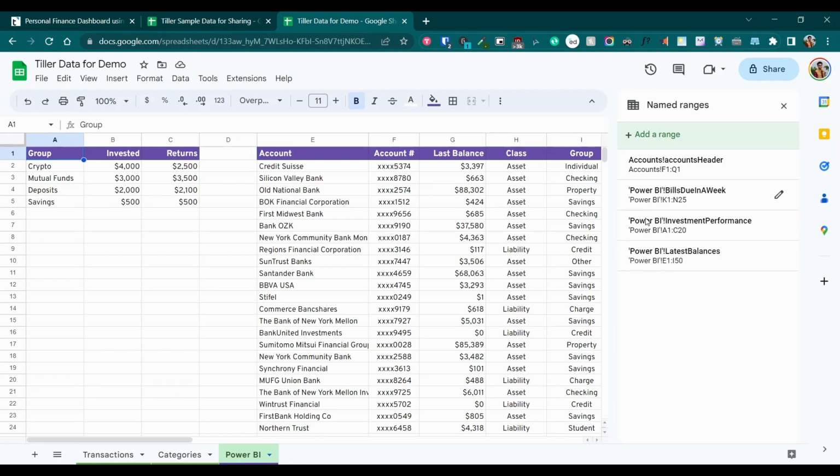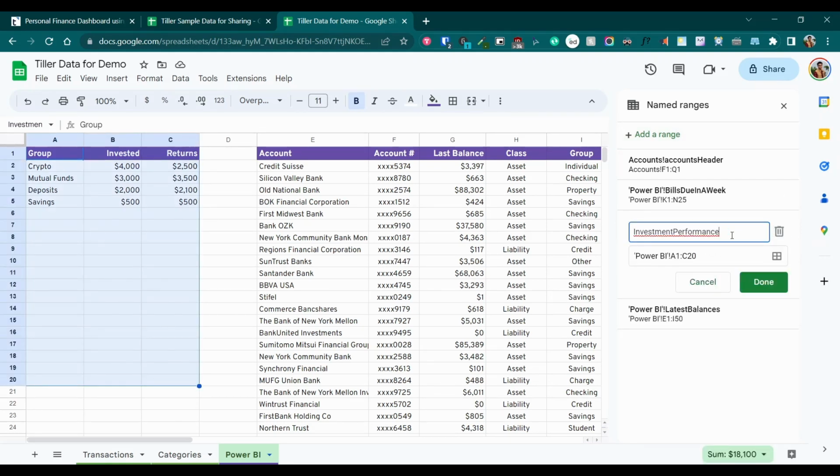But the last three are the ones that are created from this. If you just hover on this, it will highlight the data associated with it, the range associated with it. As you see, it is considering the reference of the current tab name. We just need to get rid of that. So to delete the named range and then recreate it, we'll just copy the name. We just need the same name, but we are going to delete this, so copy the name and then delete it.